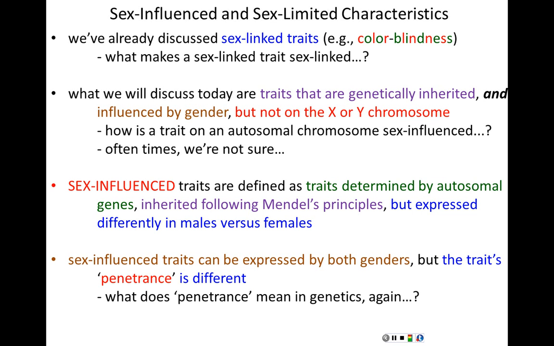We talked about penetrance in a previous lecture. Penetrance is how likely it is that a trait will be expressed. A penetrance of 0 means the trait will never be expressed regardless of the genotype. A penetrance of 100% means the genotype and phenotype are 100% correlated. But penetrance between 0 and 100 means that you can have the genotype, but not always have the phenotype. We talked about polydactylism in a previous lecture to drive this home.